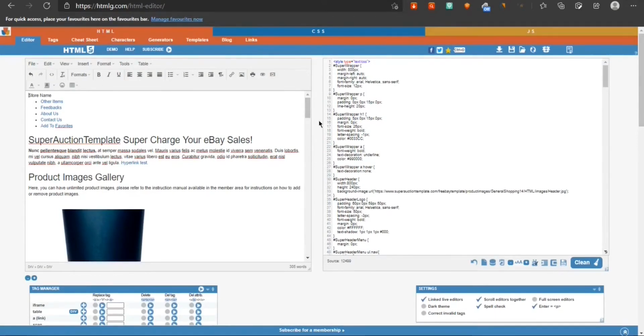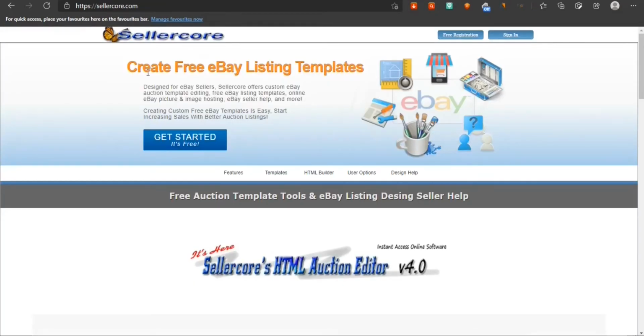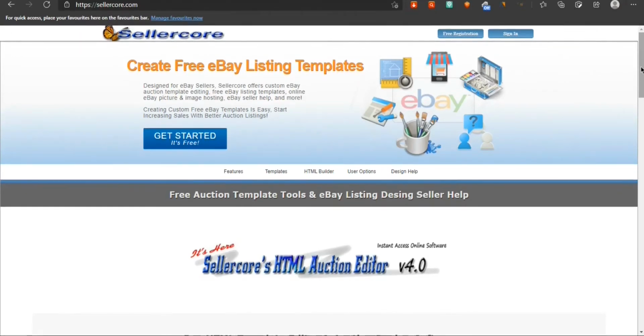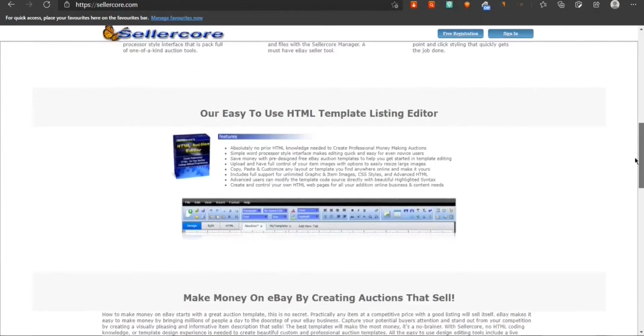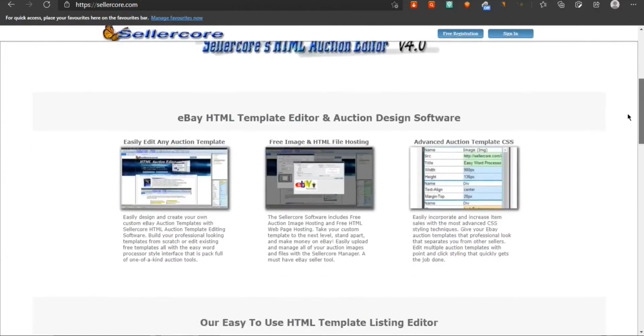And the second website is Sellerco. We have these templates here.